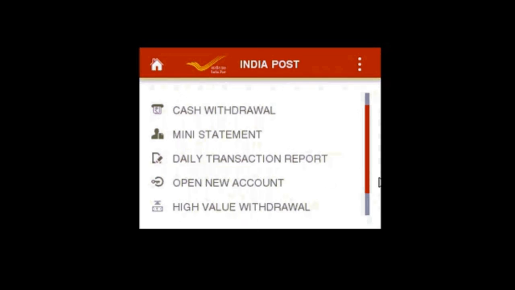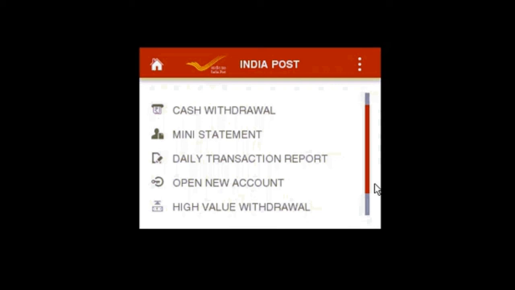High value withdrawal relates to withdrawals above 5,000, that is from 5,001, which cannot be done through the cash withdrawal option. Through this high value cash withdrawal option, BPM will have to make a request to the sub office. After approval of this request by the sub office, a withdrawal of 5,000 and above can be given through this option. That will be shown later on with an example.